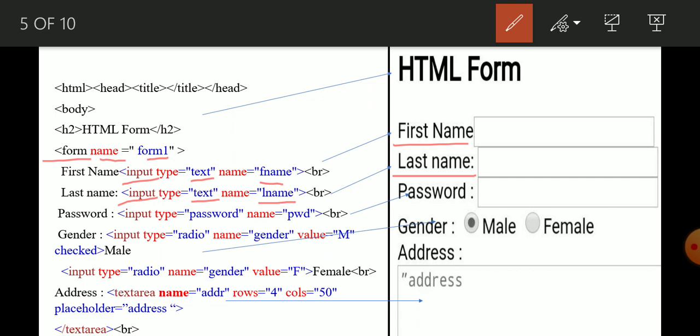That we will already see. Name value should be unique. First name and last name is the normal statement which is displayed on the page. This is the normal statement which is displayed on the page. And